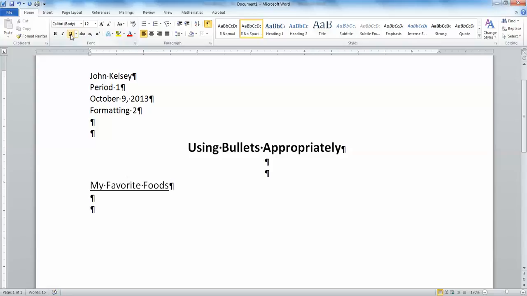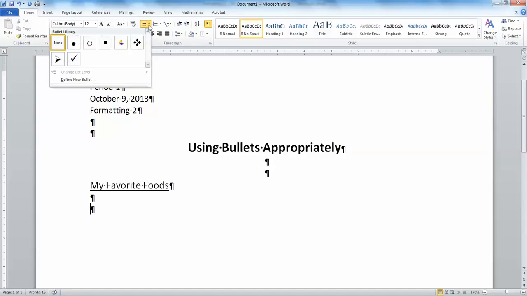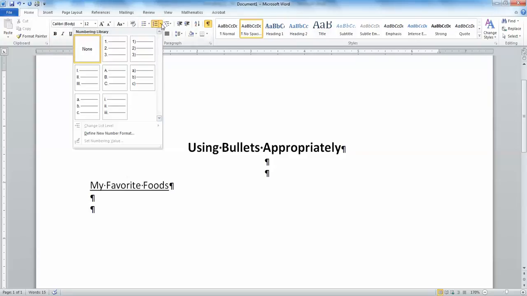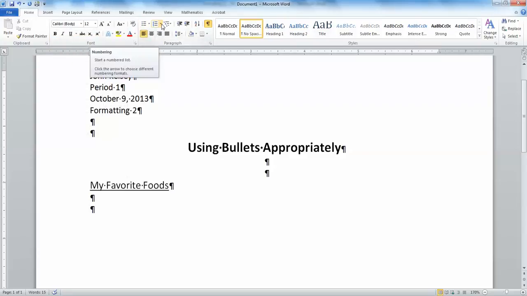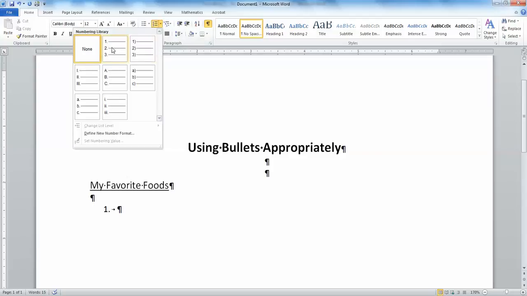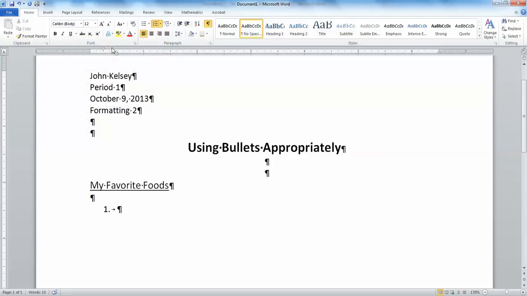And then in the directions, it's going to tell you specifically what you're going to use as far as bullets. Are you going to use one of the bullet styles? Are you going to use one of the numbering styles? For the first one, I believe it tells you to turn on the numbering style with the periods after it, so a number and a period. And then you're going to type in 5 of your favorite foods. Press enter after each one. So I'm going to type in, steak and pizza and burgers and chicken